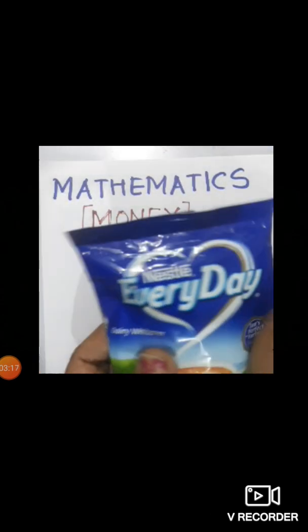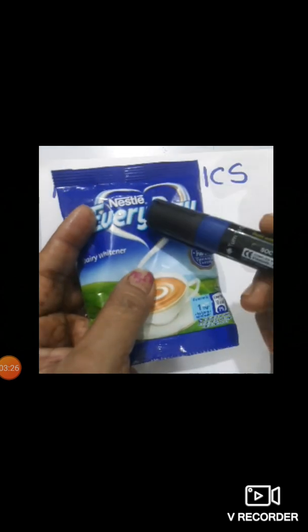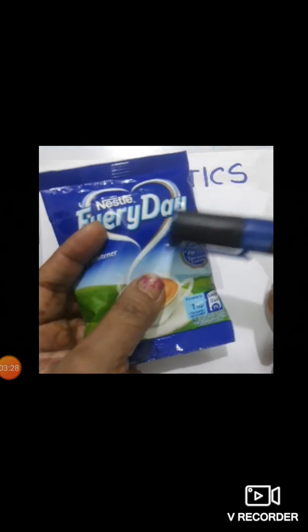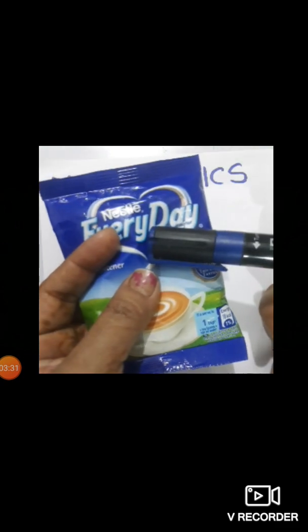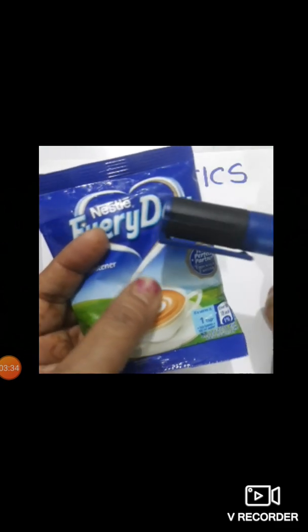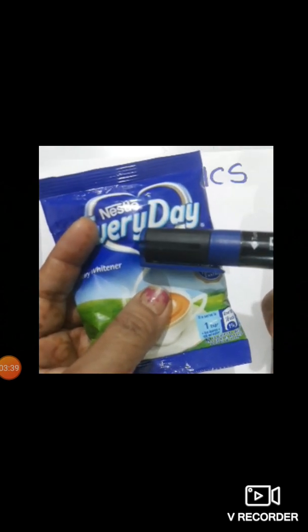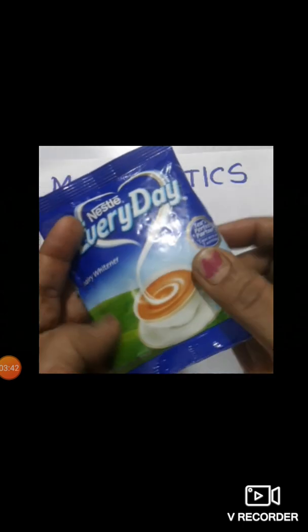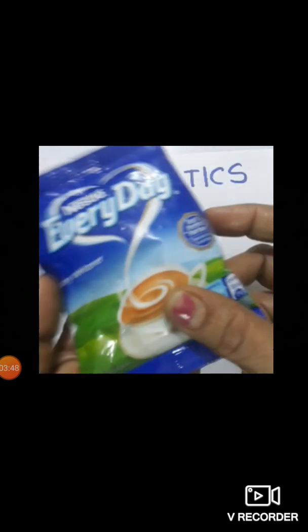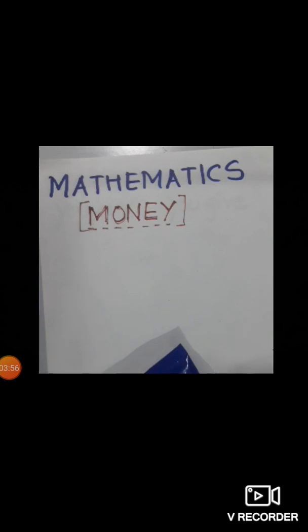So we went to the shop and we bought everyday milk. This is a powder milk, beta, and this is used to make sweet dishes, and also to make tea. Nowadays nobody drinks it that way. Earlier they used to, and they make a peda, a recipe which has been shown on Google and YouTube also. Many things have been made out of this, and many people use it for making cake. So you bought this and asked that person, this is for how much? So he said rupees 10.